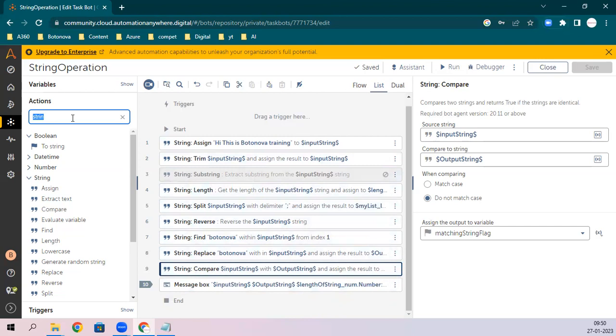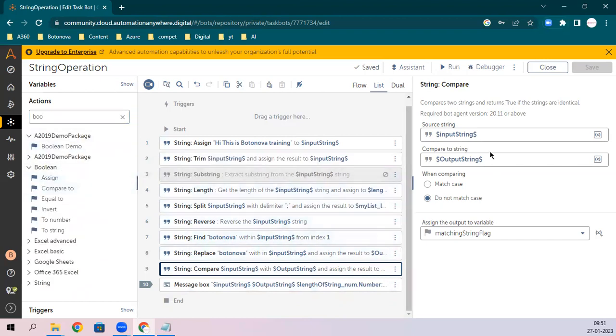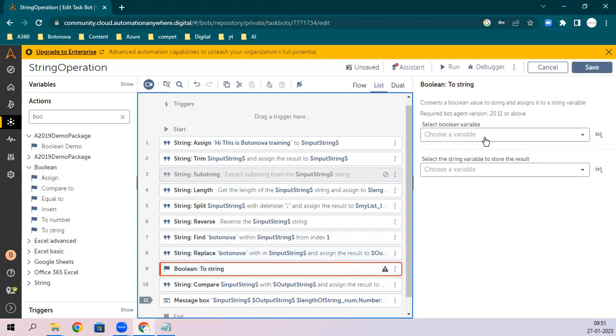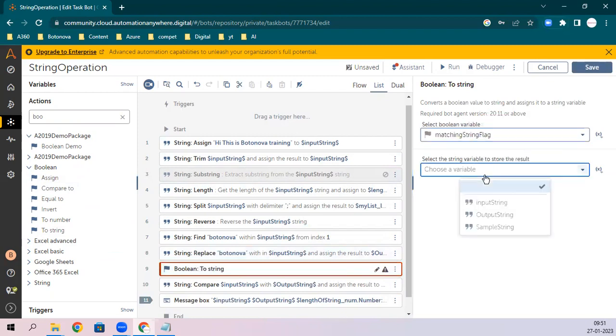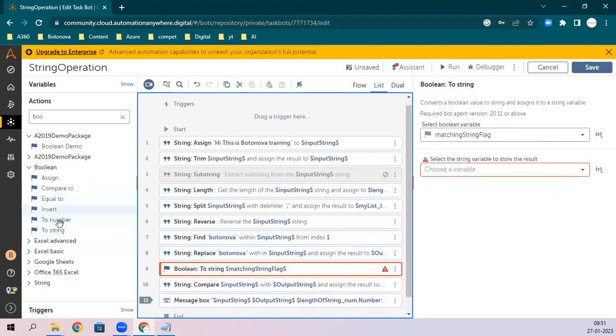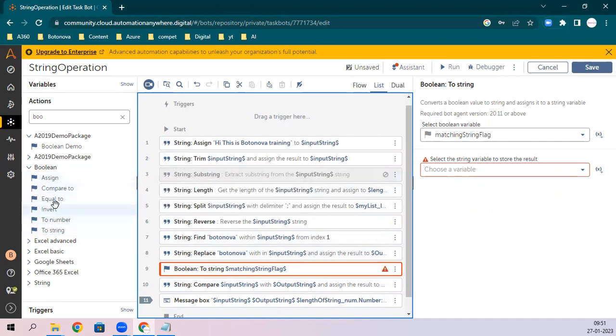Any doubt? And to convert a string into a boolean, let me cover the boolean a little bit here. Here you have commands. Why are you getting to string? Because you have the command directly. I used it to convert the matching flag to your flag. So you have to create a new string variable, and here you will get a new variable. Either you can use this To String directly. These are the commands, and you are getting only these commands from here. No extra commands will come.